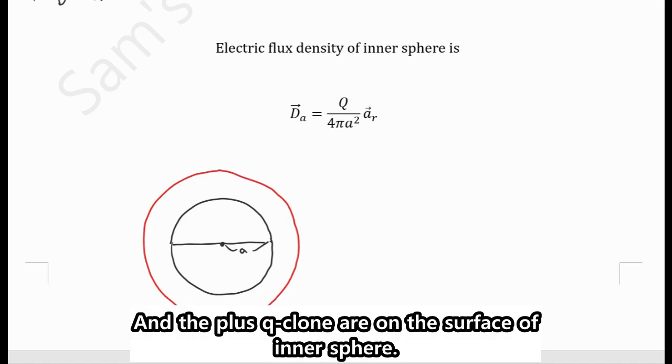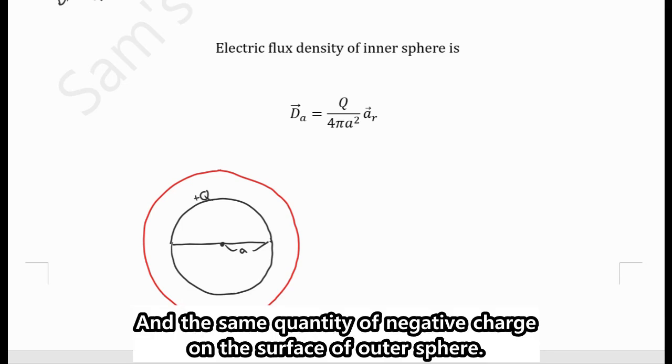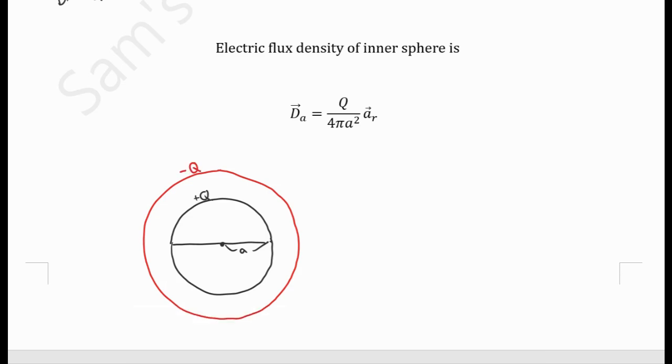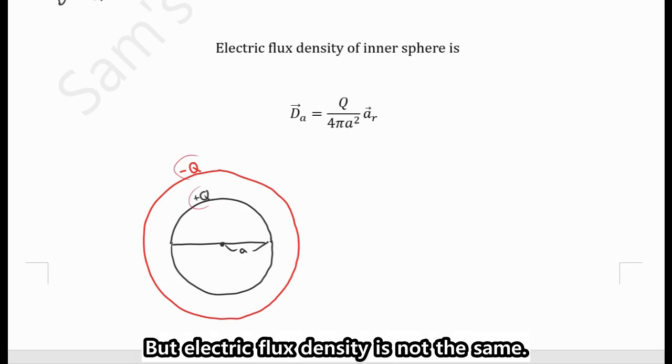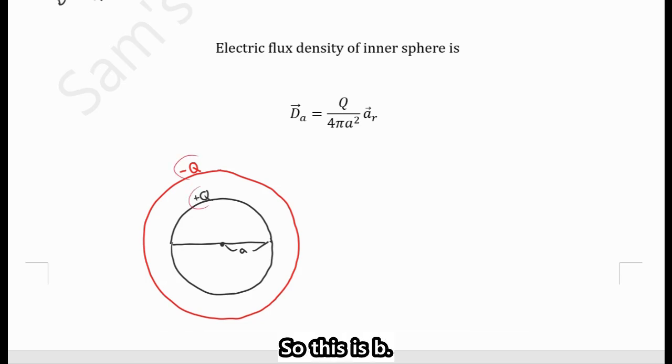And the plus Q coulomb are on the surface of the inner sphere, and the same quantity of negative charge on the surface of the outer sphere. So electric flux is the same, but electric flux density is not the same. So this is